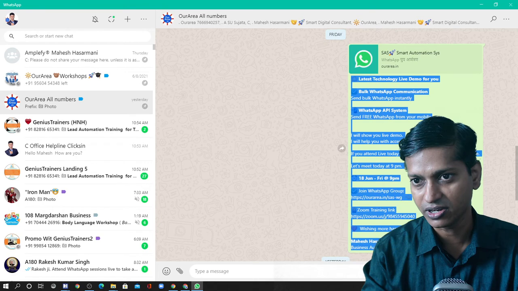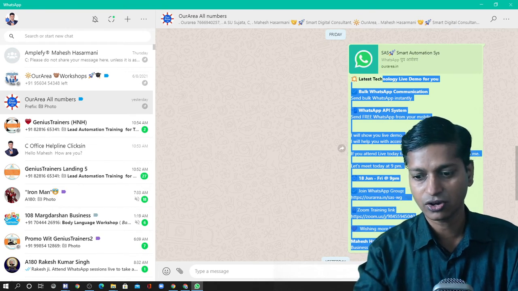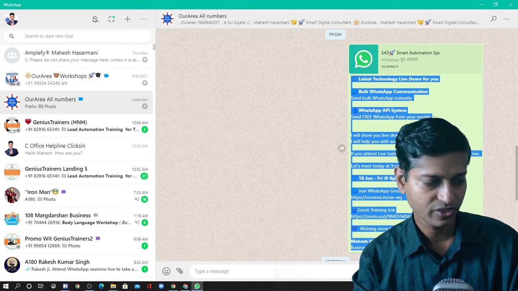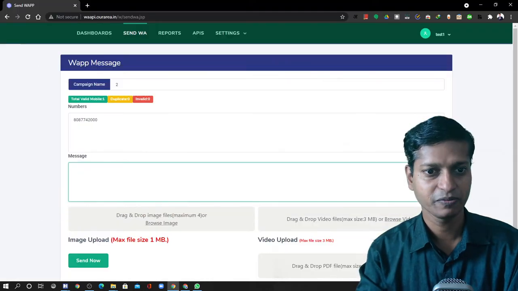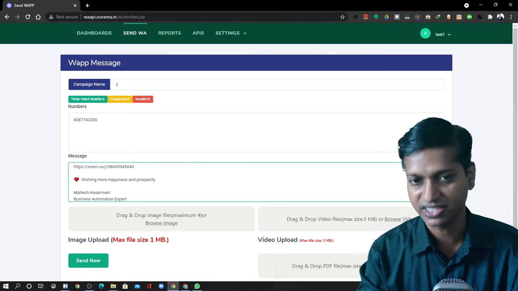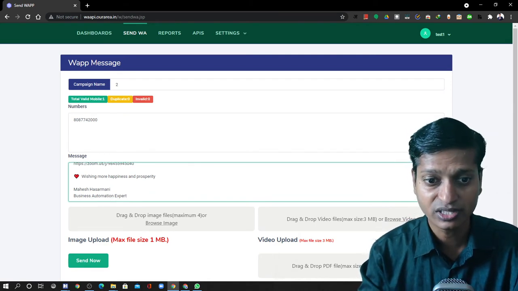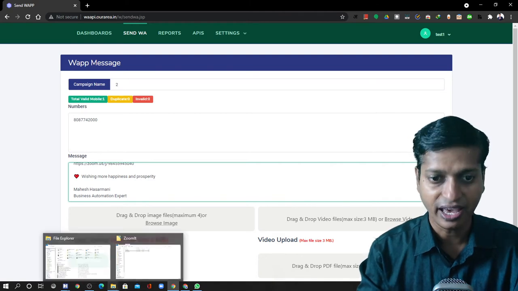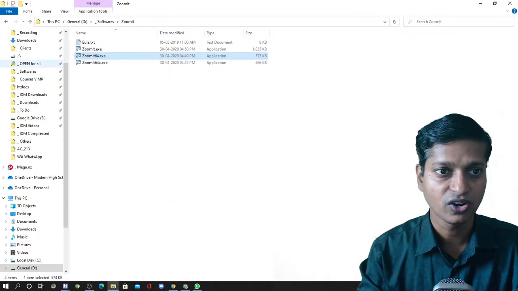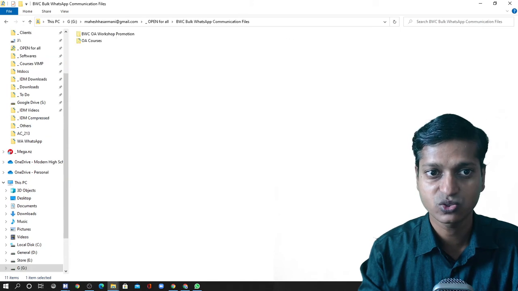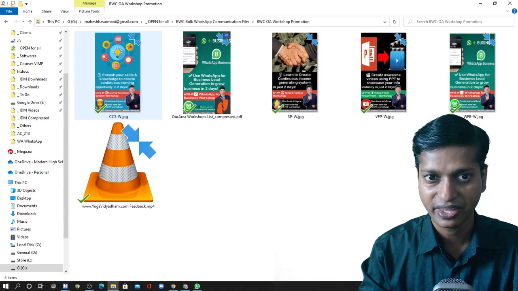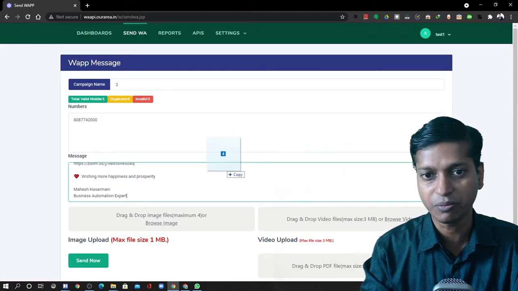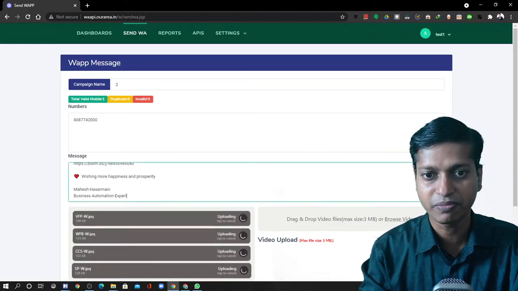Okay, unable to copy it. Okay, copy it again. Now you are copying it and then pasting it in the message. The message has been done. You can see the maximum number of images you can upload is 4. You can either upload from here, or what I recommend is to open the folder and select the images. I have selected the 4 images and am copying and pasting them here.